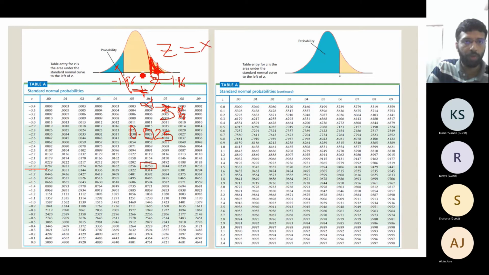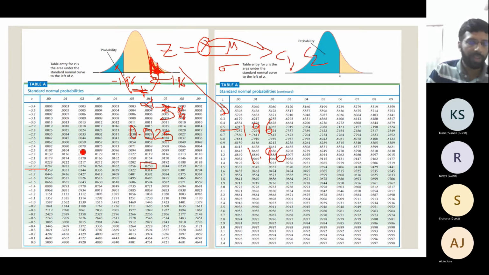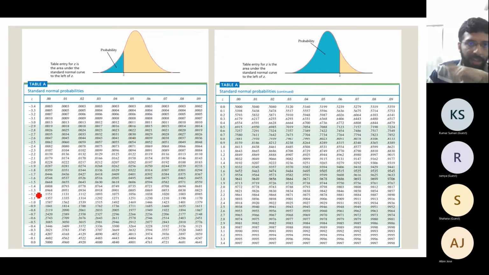Now I will use my formula z = (x minus mu) by sigma, and substitute z with minus 1.96 and 1.96. Then I will get two values for my x. Those will be my confidence limits C1 and C2 in this case. Similarly, the single-tailed case we will also see with this slide itself first, before we go into problems. Suppose it is a left tail test, 5%. I have to find the probability corresponding to 0.05. So 0.05 will be coming somewhere here. Let's see 0.05.